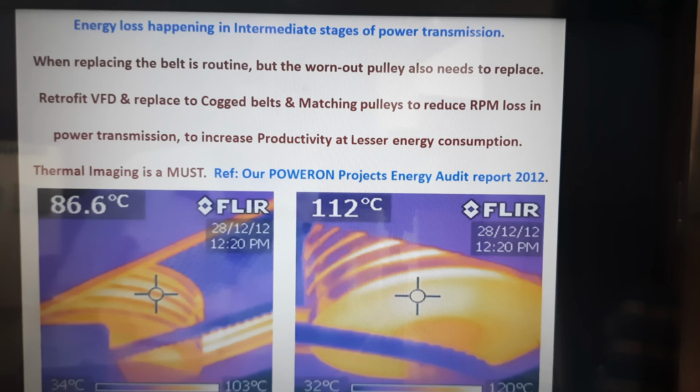When this pulley is replaced, instead of classic V belts, cogged belts are used with matching pulleys. The slippage in RPM is also addressed and kept to only around 1 to 1.5%, and the intermediate power transmission loss is very much addressed, and the productivity can be increased. It is increased in many of the production machines, in many of the industry segments. They report after this implementation that their productivity has also gone up by 10 to 20%